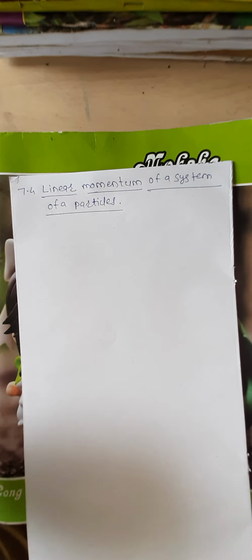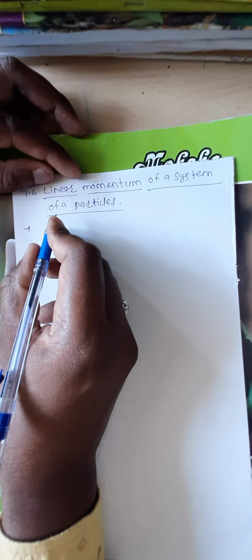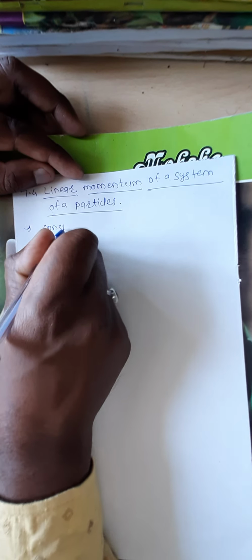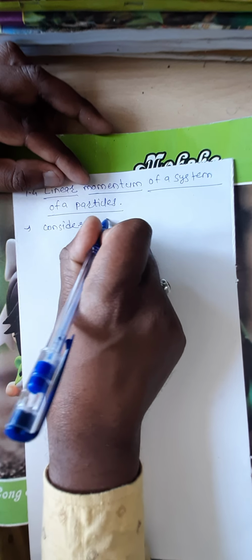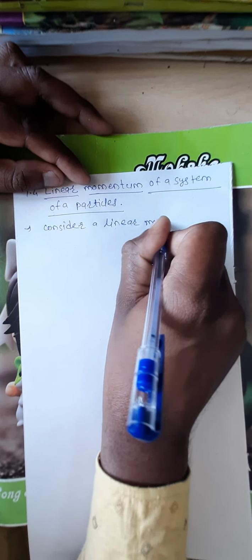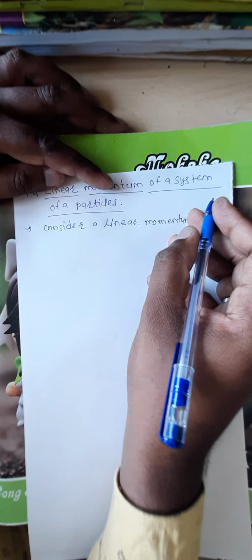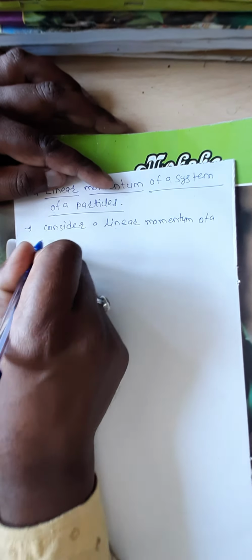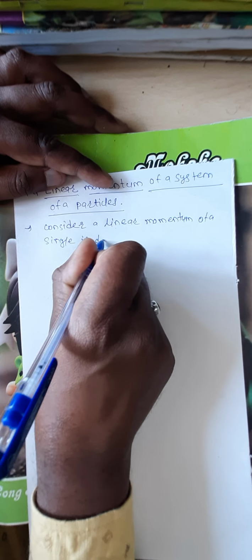Now, next point 7.4, linear momentum of a system of particles. First we consider the linear momentum acting on a single particle. The linear momentum of a single particle is defined as